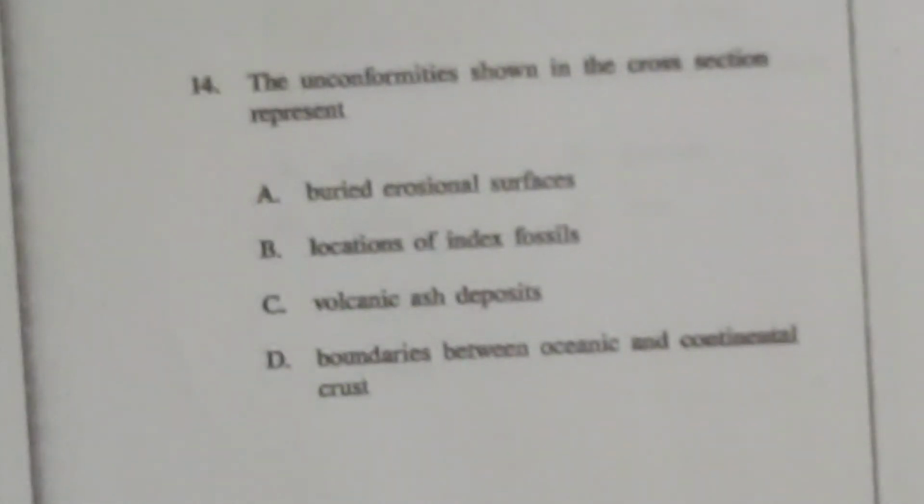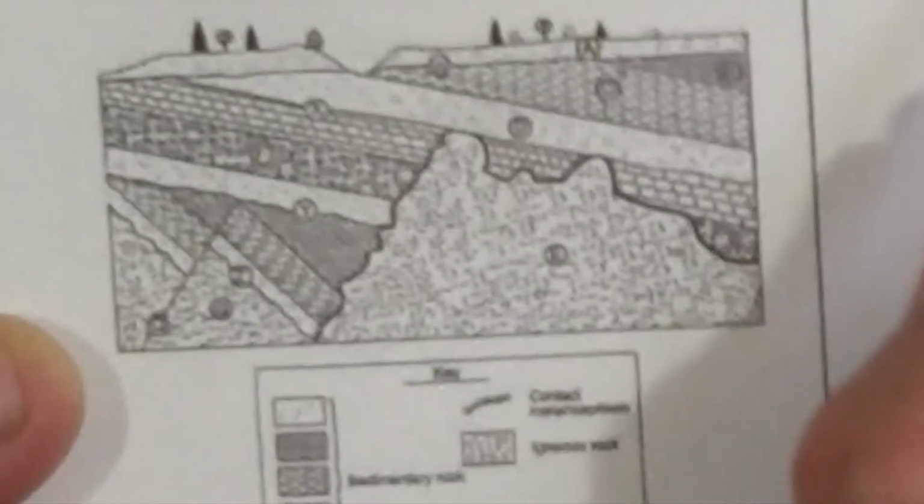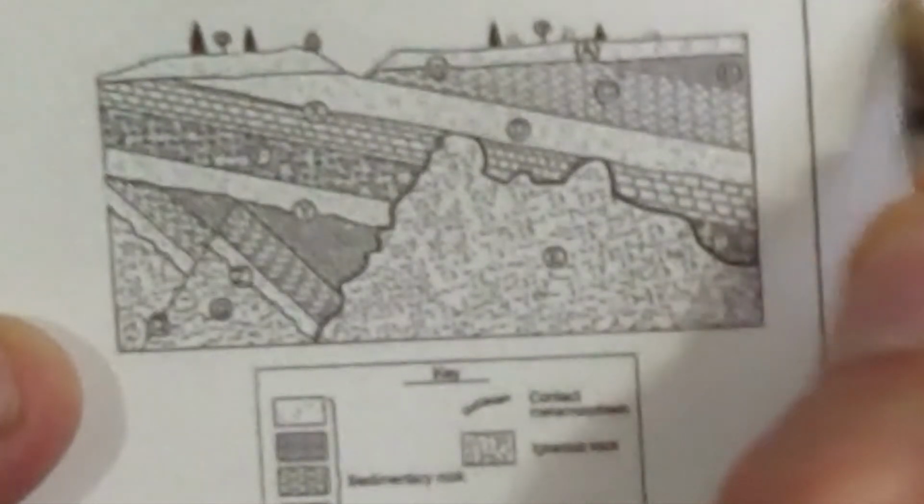And since there's an unconformity on top of that, it must have happened afterward. The correct answer would be rock G. The unconformities shown in the cross-section represent buried erosional surfaces. Number 15, the movement of bedrock along fault Q most probably produced, when there's a movement along a fault, usually